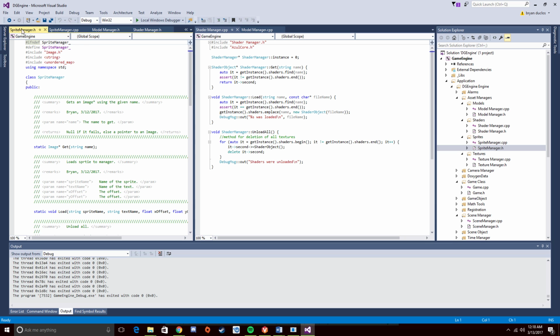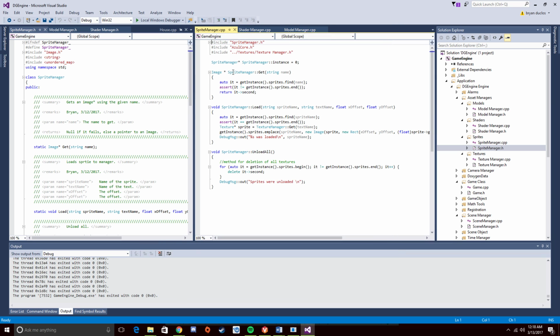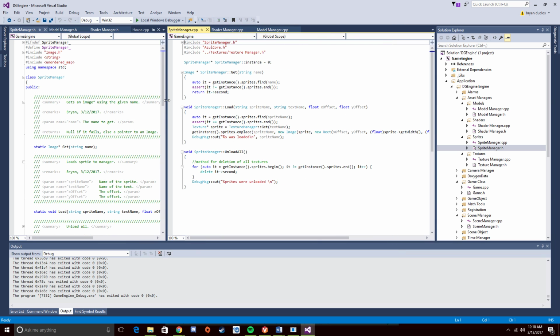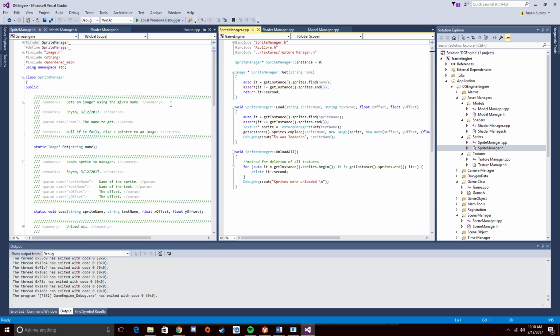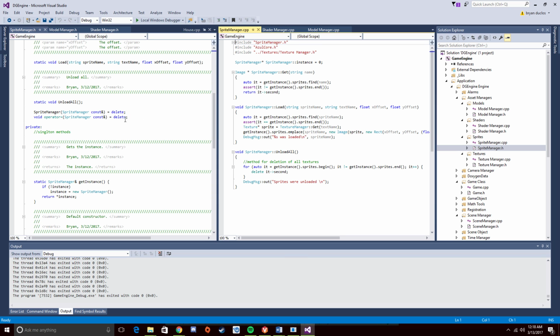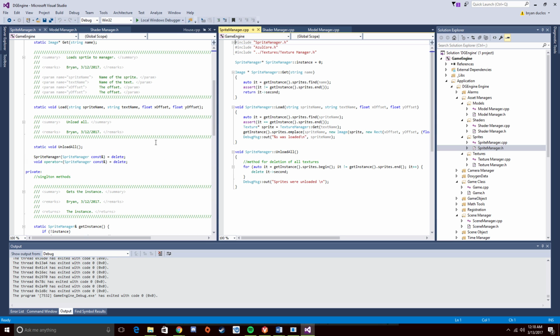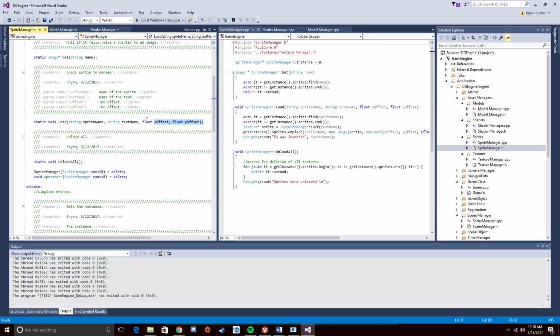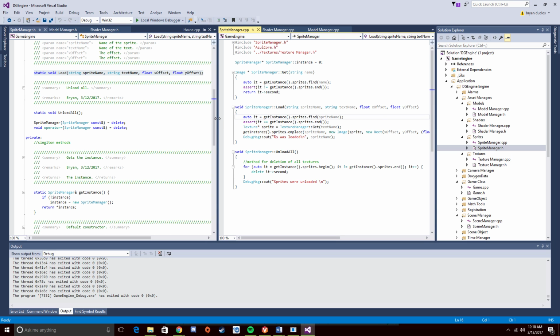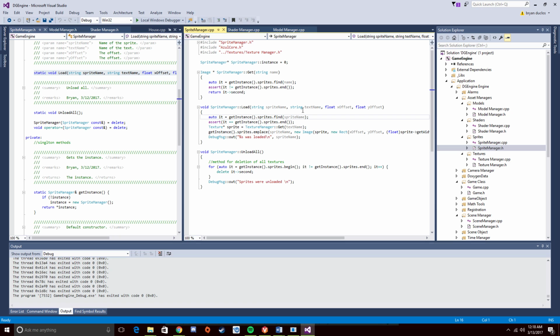Sprite manager is where it gets a little bit different, because sprites can't just be loaded in right out. They need to have a texture first. So here's the .h for that. It's almost exactly the same. The only difference really for sprites is in the load method, loading them in, which we'll see in the resources. It has to be done after you've already loaded in the texture for it. And instead of inputting a file name, you input the texture name, and it searches to make sure the sprites aren't there,